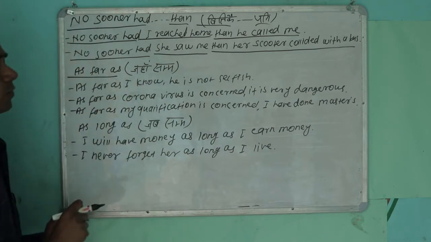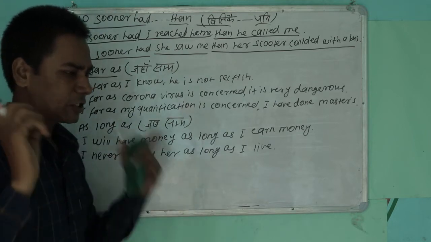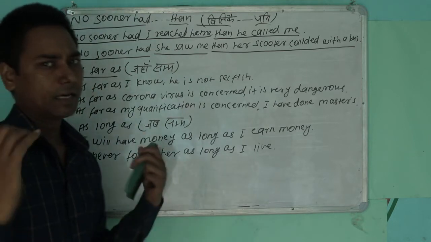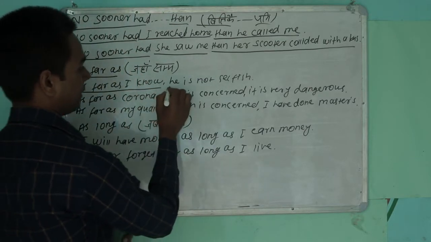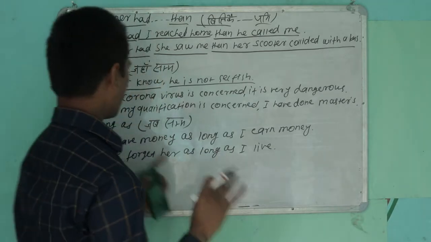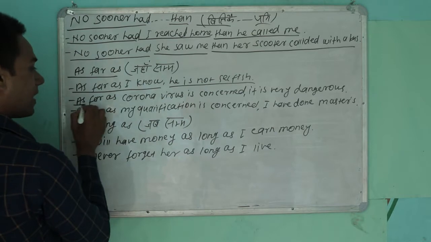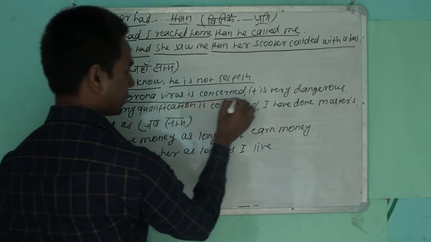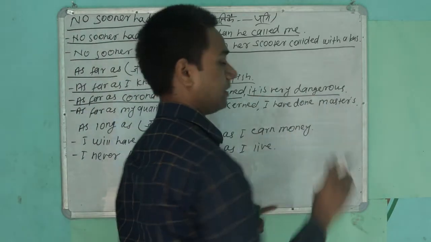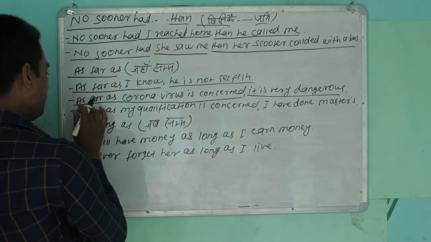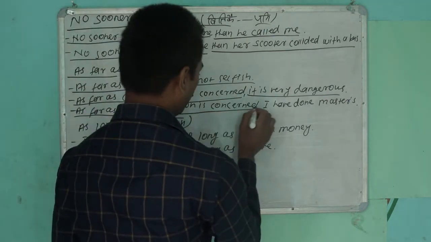As far as means to the extent that. In this sense, as far as I know he is not selfish. As far as corona virus is concerned, it is very dangerous. Next, as far as my qualification is concerned, here concerned means